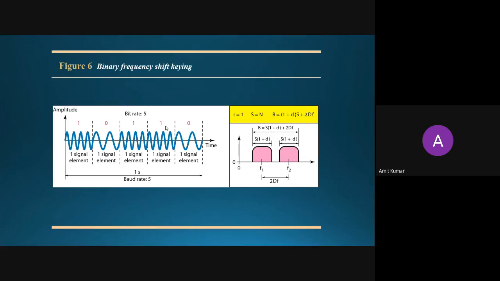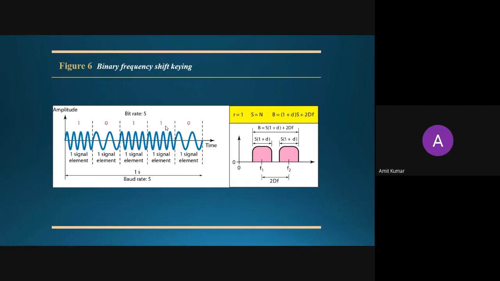The bandwidth of your signal means the signal can be accommodated in your channel if your signal is having this much bandwidth. For example, if your signal is 100 kilohertz bandwidth, then the channel bandwidth should be higher than 100 kilohertz. Then and only then the signal can be transmitted from one place to another. Otherwise, it is not possible. That is the criteria, and that is very important. You need to understand the difference between signal bandwidth and channel bandwidth. That is the first thing.